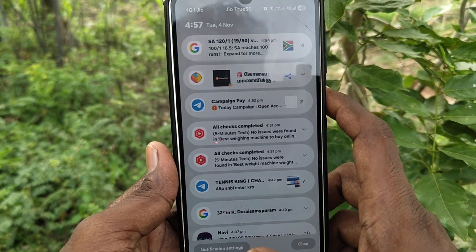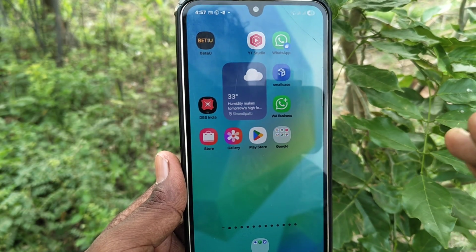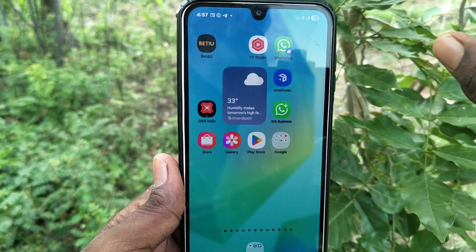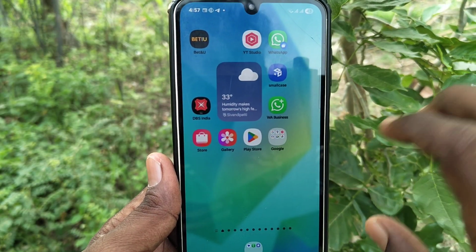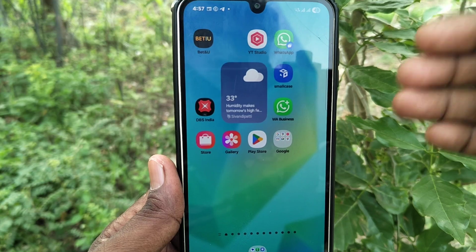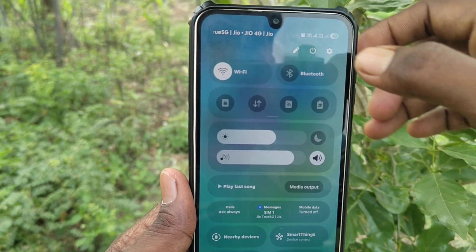Okay, so before Android 15, both will open at the same time. First quick settings, then below you will see all notifications. Okay, so if you would like to change this interface, go to the right side and swipe down and click